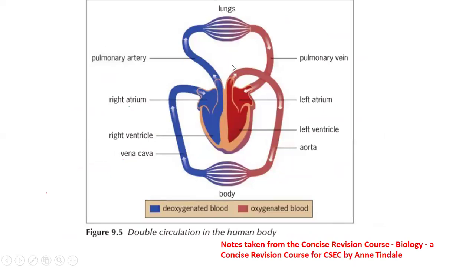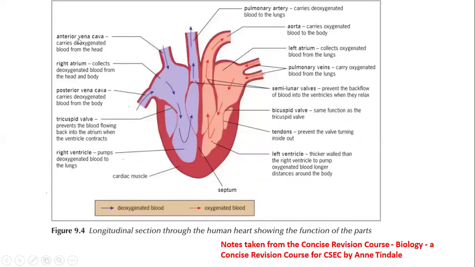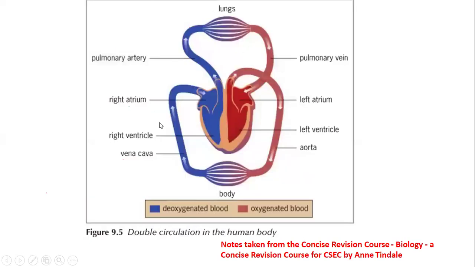Same thing here, guys. Right, so same difference. If you understand the first diagram, we see the pulmonary artery carrying it to the lungs, right? We see the right atrium collecting it from the body, the vena cava. So the only thing different is that this diagram doesn't have an anterior vena cava, so it's not taking it from the head. It's only the posterior vena cava showing in this diagram because it's taking it from the body, and it pushes up to the atrium, and the atrium collects it here